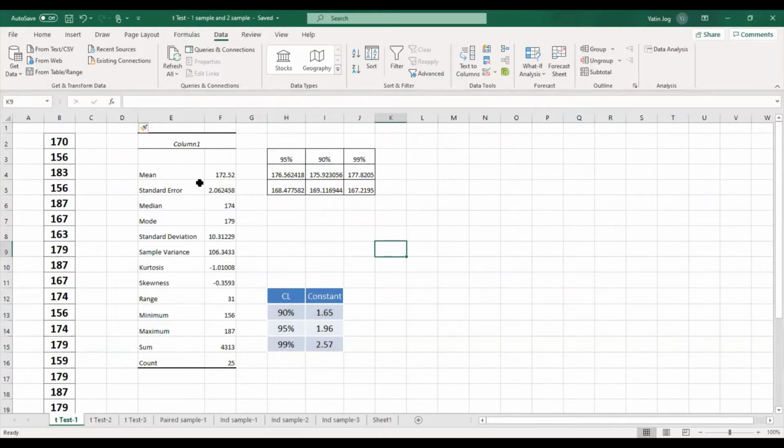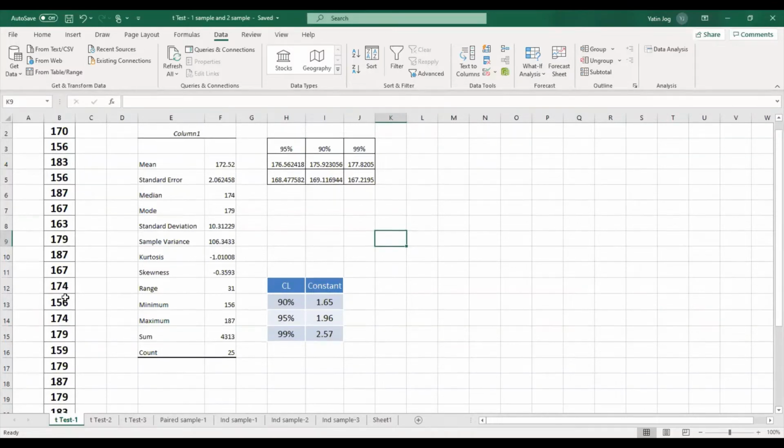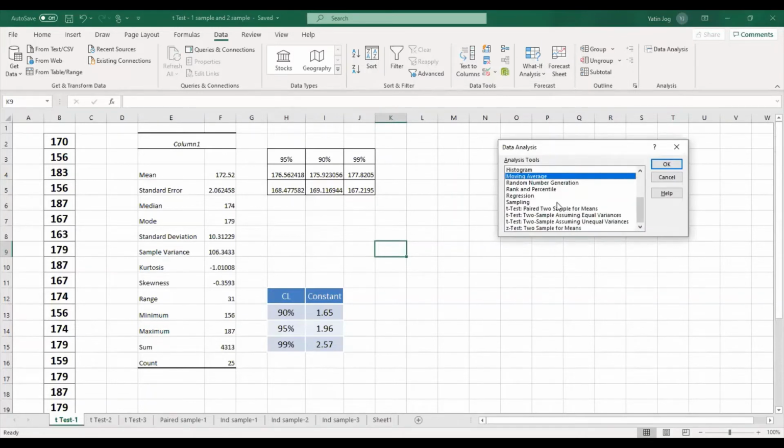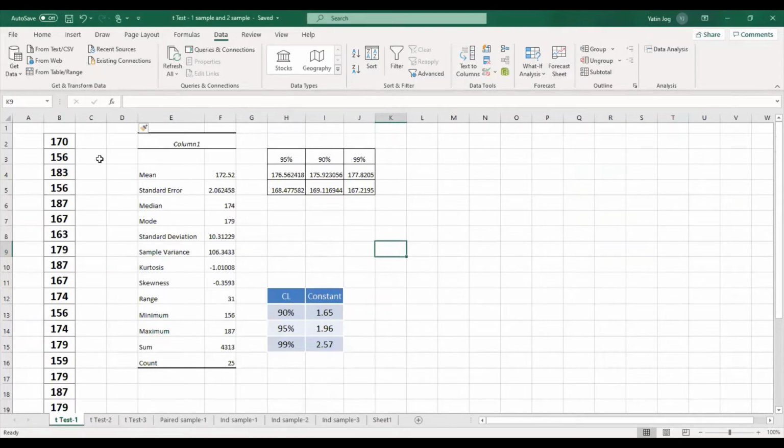Now we'll try to implement some data analysis method to test my hypothesis. If this set of values is given and you look at Data Analysis and at T statistics, we don't have a T statistics method in Excel for one sample. Whatever methods we see are for paired means and two samples. So we don't have any method for one sample in Excel. But now we have to solve the problems using T statistics in Excel, so again, this is a shortcut method.